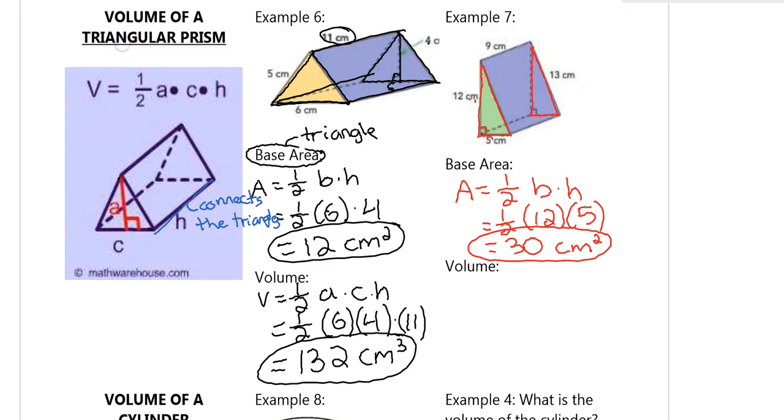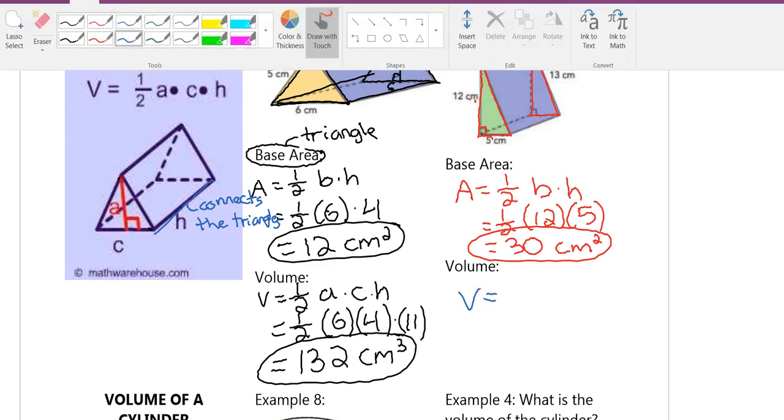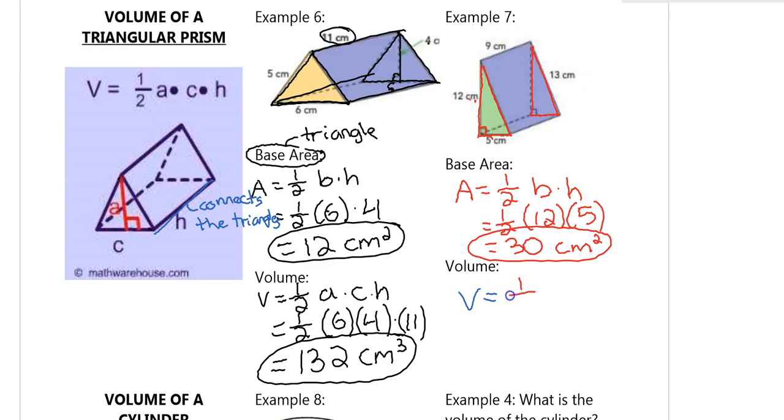Now for our volume. The first part is the same. We're just using slightly different letters, but it's the same. 1/2 times your triangle times your height, right? And remember, your height's what connects to any of these measurements. They're all the same, so they'll only write it once. So again, your volume equals,